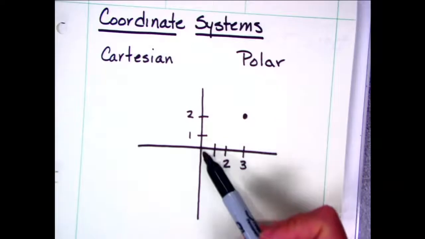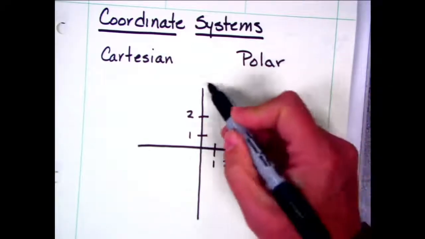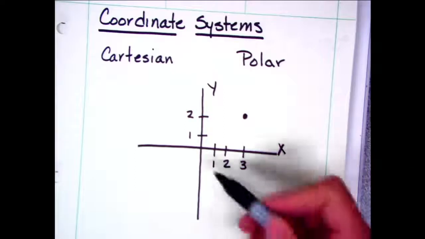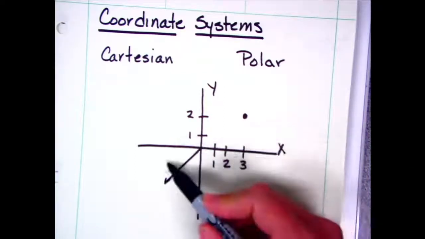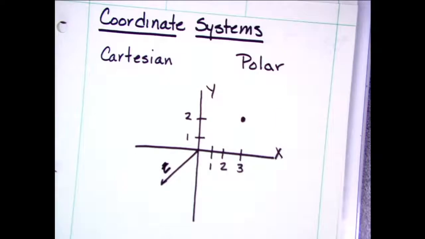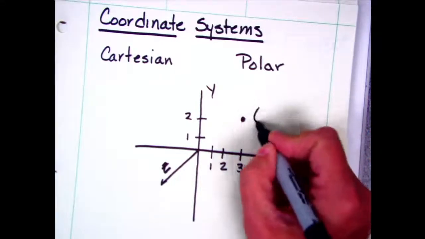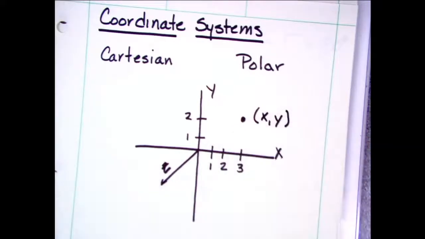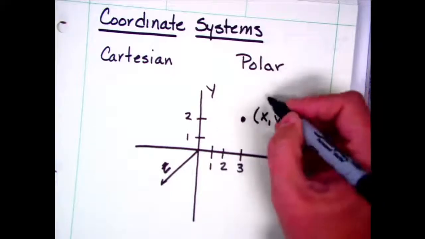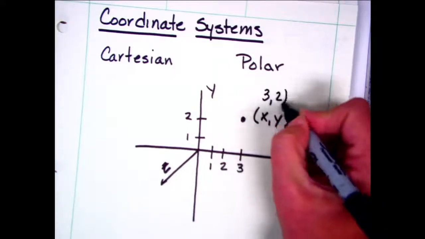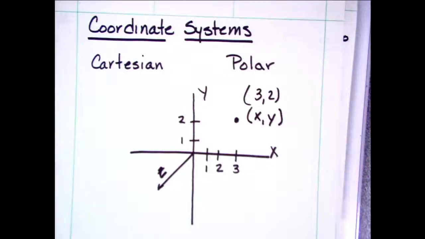The Cartesian coordinate system is going to give us our x and our y, and we can also do this in 3 dimensions, and then we get our z dimension, where everything is orthogonal, meaning they're all at right angles to each other, and I'm going to get my coordinate system. If I were to write this point as my x and y, that's how I usually represent my point, is x and y. And if I were to write down what this point is, this is going to be 3, 2 in space. So I can locate that particular point in space by its Cartesian coordinate system.